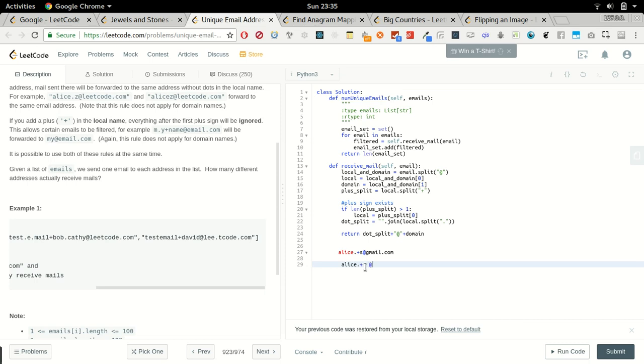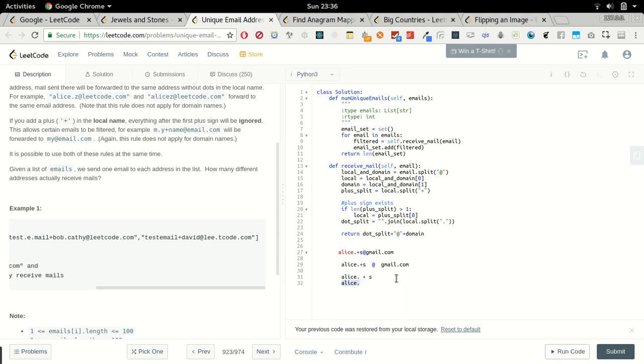Then once we have a local, if there's a plus sign, you could split it by plus sign. If I split this by a plus sign, this would have alice.z and s, right? So I'm just going to ignore everything after the plus, and I'll make a new local name, alice dot z, and